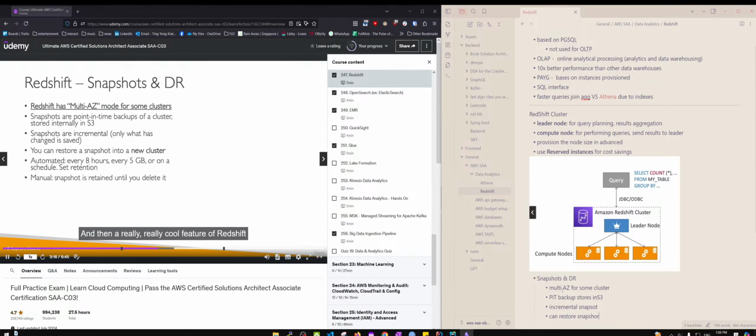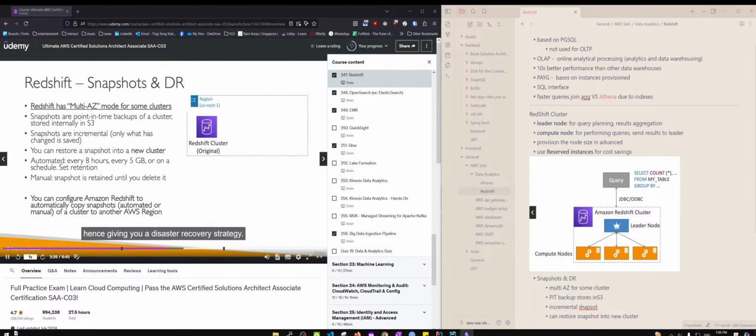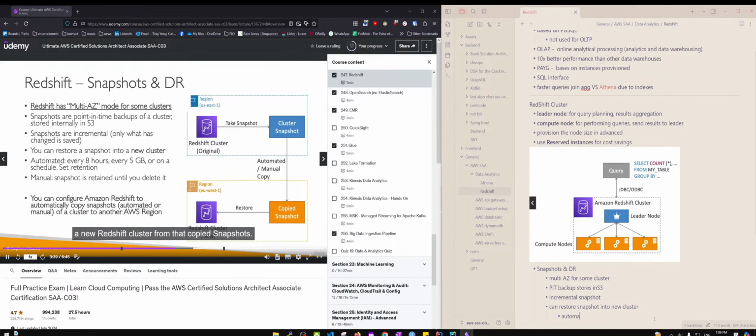And then a really cool feature of Redshift is that you can configure Redshift to automatically copy snapshots, whether they're automated or manual, of the cluster into another AWS region, hence giving you a disaster recovery strategy. So let's take this Redshift cluster, your original cluster, and then we have another region. We're going to take snapshots. They're going to be automatically copied into your new region, and from there you can restore a new Redshift cluster